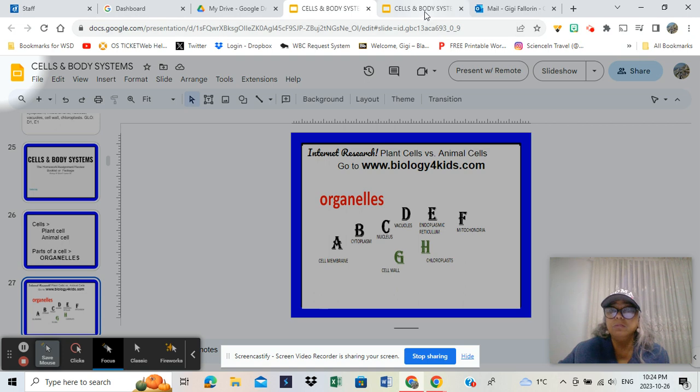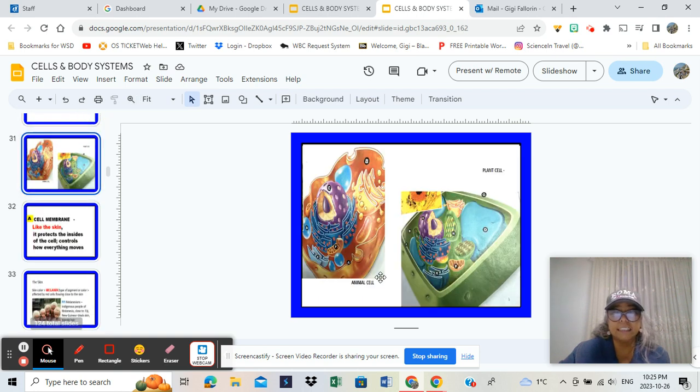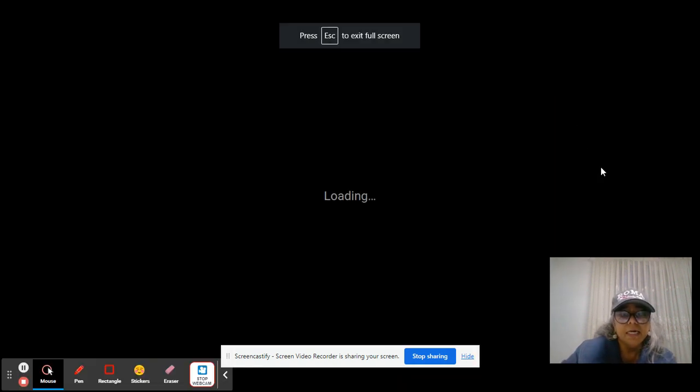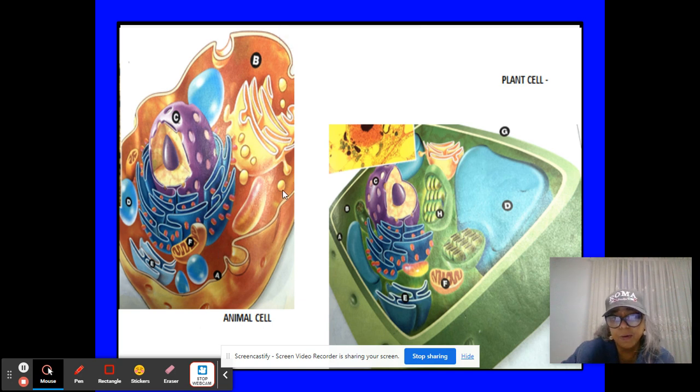So, I want you now to pull out from your binders, maybe, so that we could take a good look at this one. Okay. So, let's try and focus on this and look closely at the letters. Of course, what you have is the black and white version of this. And you could always just put in the letters to guide you. So you can see from here